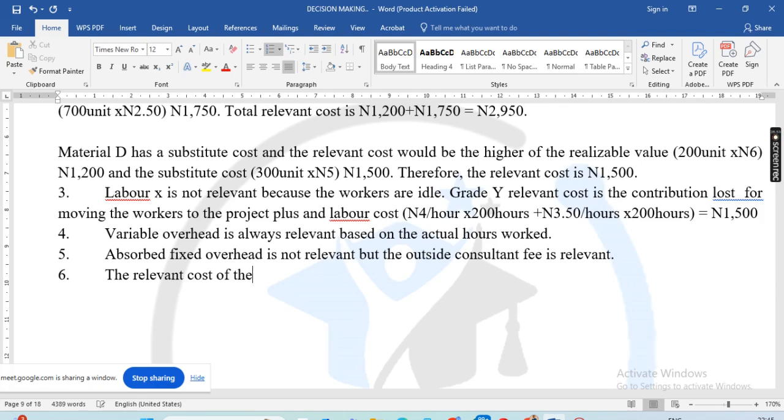Special machine, right? Special cutting machine. Okay, of the cutting